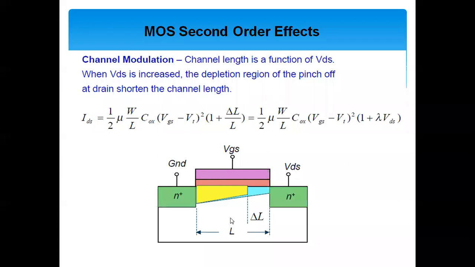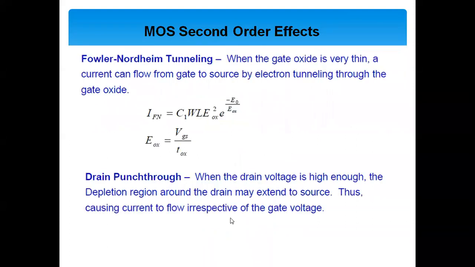This is also one of the second order effects that is experienced by the MOS transistor. Okay. The third one is Fowler-Nordheim tunneling. What is this? What happens because of this